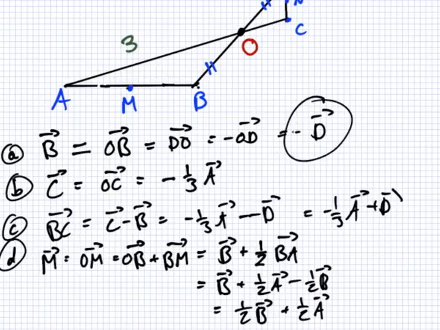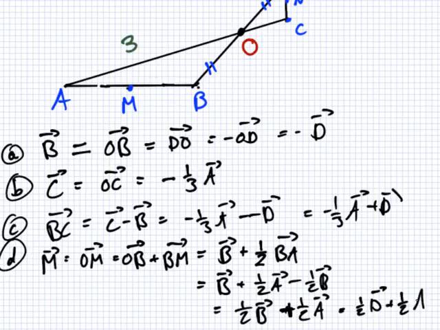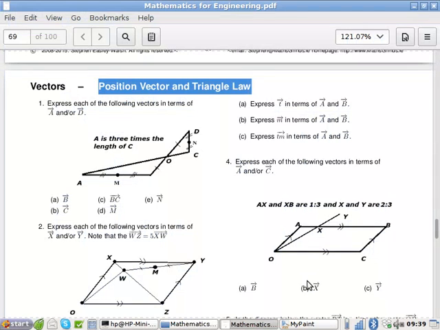It's minus D. So it's just going to be a half D plus, this is a plus here, I think, from there, plus a half A. But yeah, B is minus D, isn't it? The B is minus D, you're right, thank you. So I should have had a minus here then. Yeah. Okay, and then lastly,